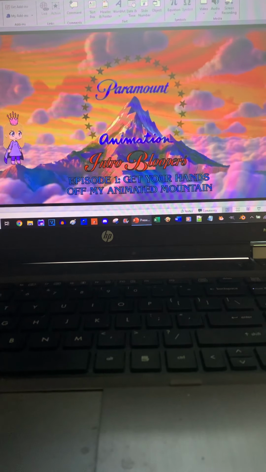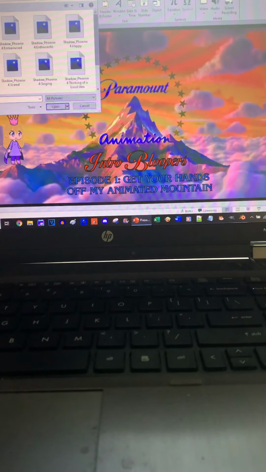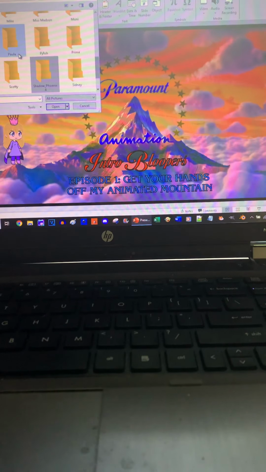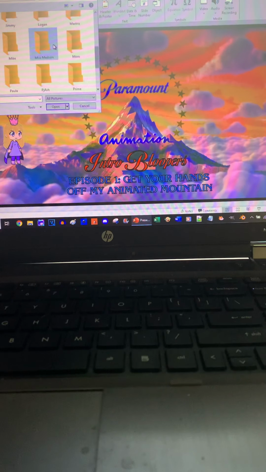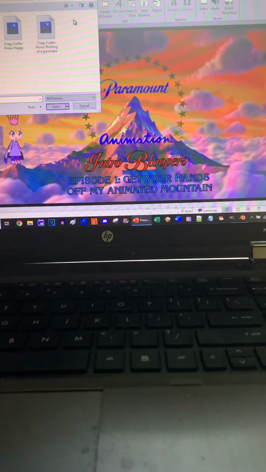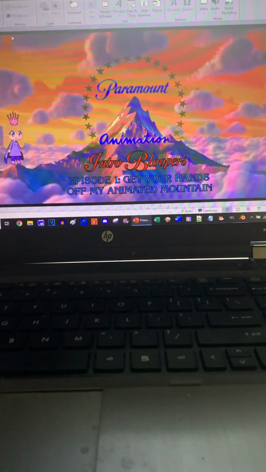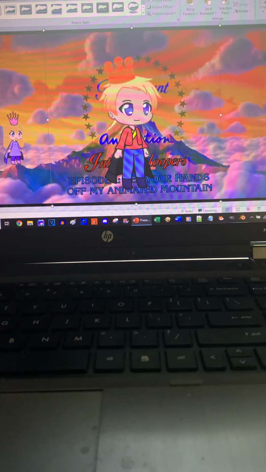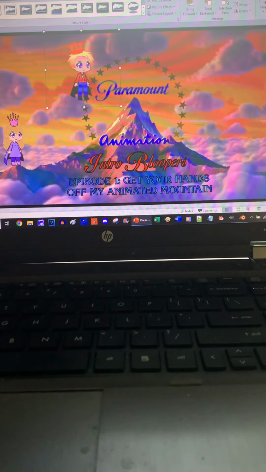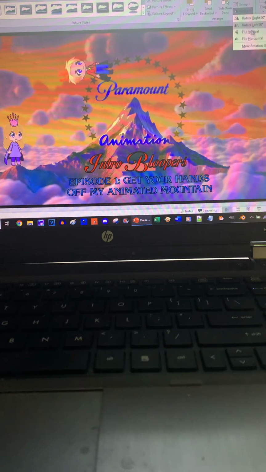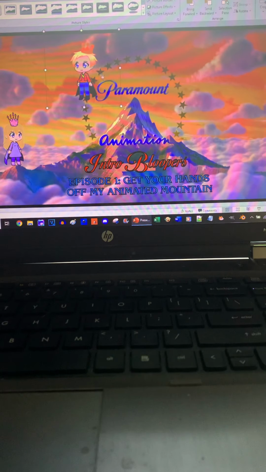You can insert as many pictures as you want as long as it has a translucent background. That's the only thing I would recommend you doing. If you have a character that has a translucent background, then that's exactly how I would do it. Now, if you want to rotate and flip it horizontally,